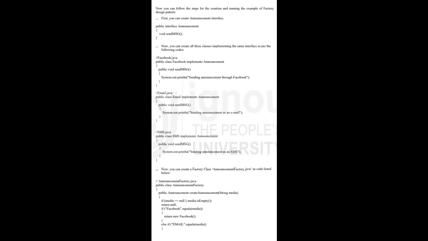A singleton class should have public visibility, a static instance of the class globally accessible: private static final Singleton instance equals new Singleton. A private constructor, so that the class cannot be instantiated from outside this class. Public static Singleton getInstance, declaration of the method as public static, so that the instance can be used by other classes, return instance.